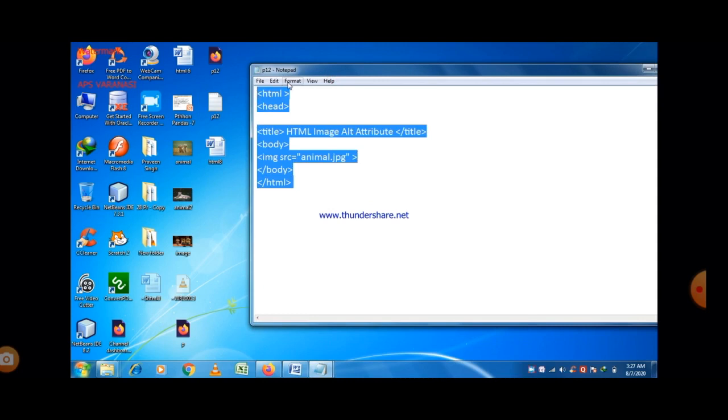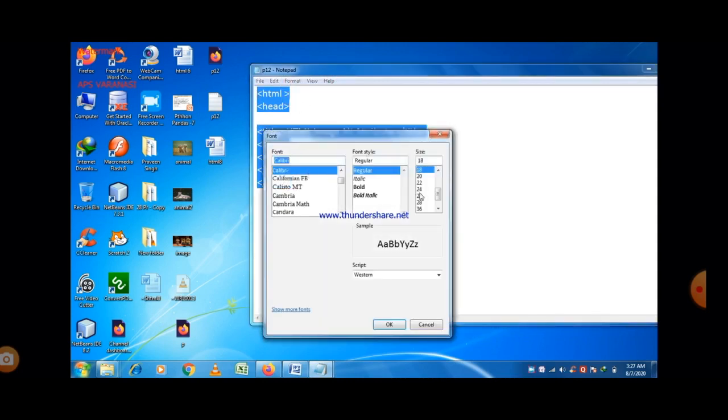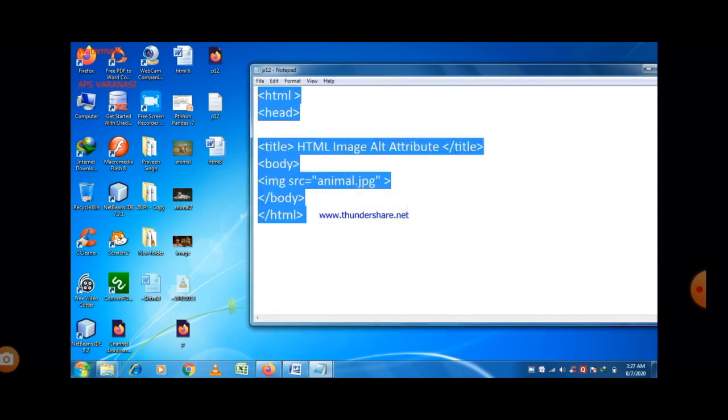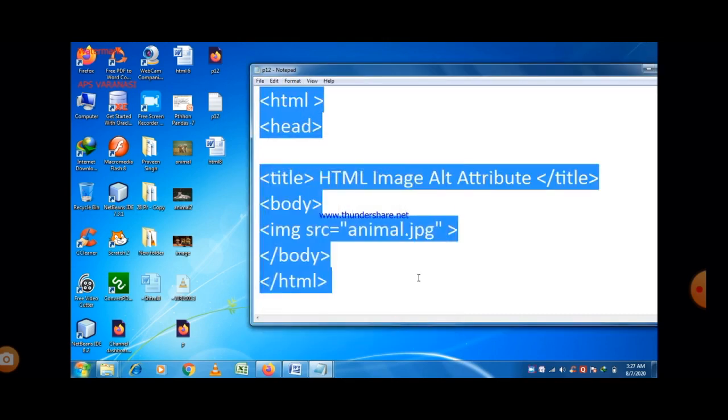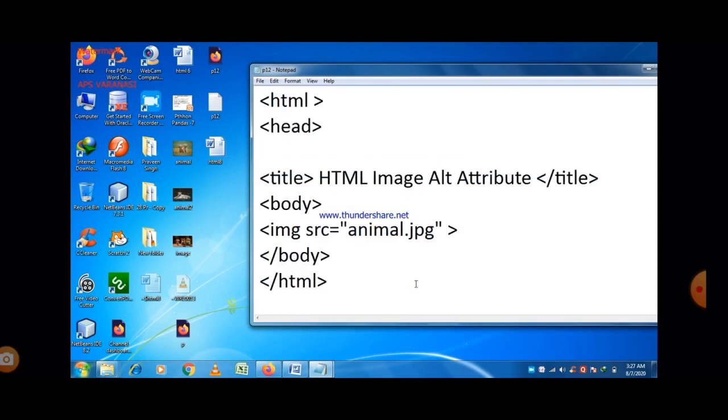So first of all, let us check, and you can easily see that this is a program here. So let us increase the size. The name of the image is animal here, and it is a jpg type, and you can easily see that we just created this notepad file here.